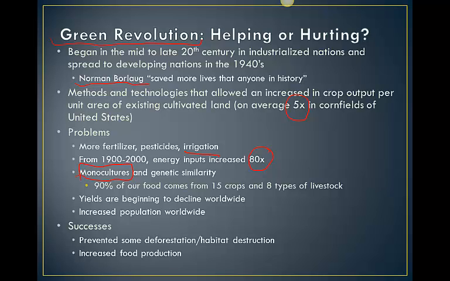We don't have to worry too much about shipping food from country to country. We don't have to worry about one area of the world not having enough food. Most areas are able to produce the food that they need. So when you look at this and you study for your test, make sure you examine the positives and the negatives of this Green Revolution.